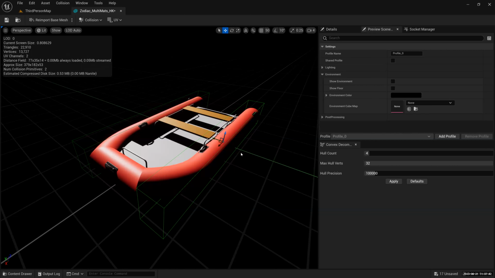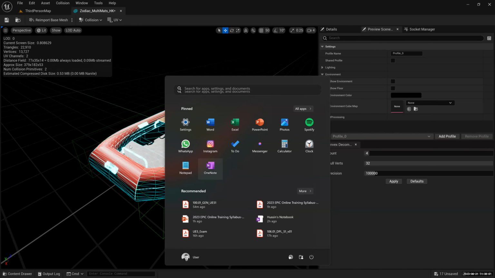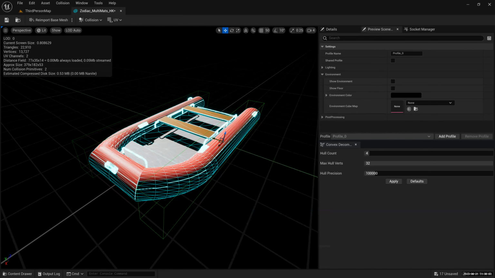I have a question about complex collision. What is it for? Well, complex collision is going to mold the collision around your object to make it very complex. Or do you mean the one here? It shows you that if I create a complex collision, you need to do this. It's more like a guide of showing you if you create a complex collision, it's going to be something like that.